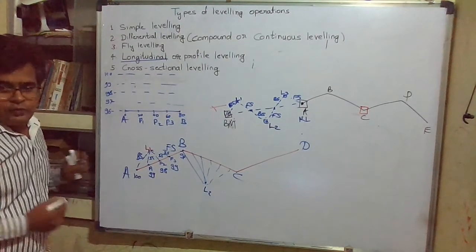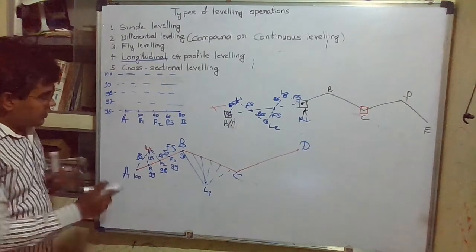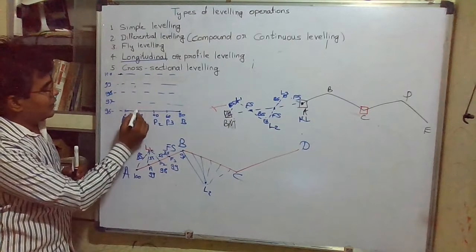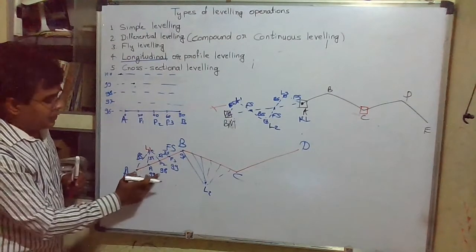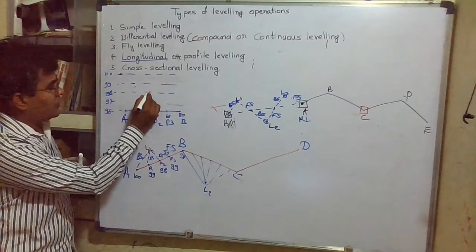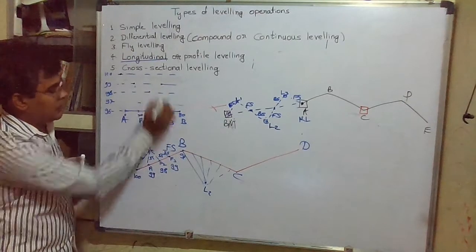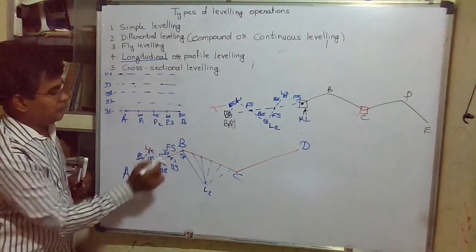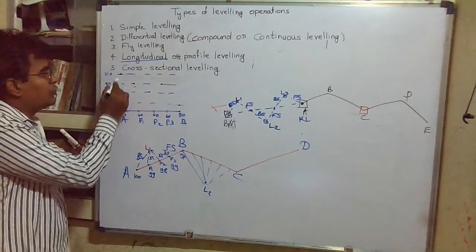Okay, so we can draw here the alignment of this ground. Here we can say point A. This point A has RL 100. Point B has RL... Point P1 has RL 99. Then point P2 has RL 98. So here it is 98. P2 is 98. P3 is 99. P3 is again 99. And P4 is 97. Sorry, P4, that is B. B is 97. So by joining this,